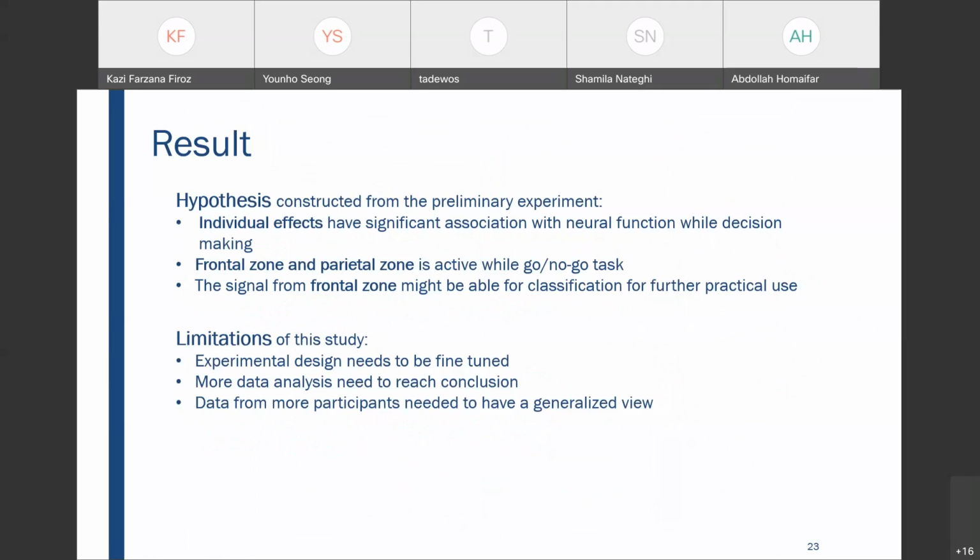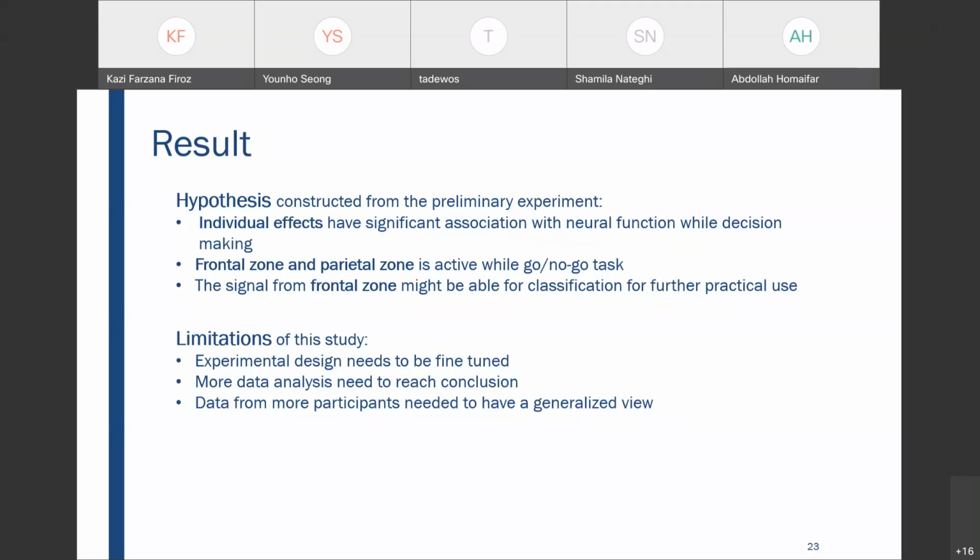So from this experiment, we can come up with some hypotheses. Individual effects have significant association with neural function during decision making, as we have seen different observations in two participants. The frontal zone and parietal zone are active while doing go/no-go tasks. The signal from the frontal zone might be usable for classification for further practical use. Only in one participant have we seen that F7, the left side of the frontal region, is differently active from that of the go signal. So maybe when we digitize the signal, we will be able to classify them if we find the same phenomenon